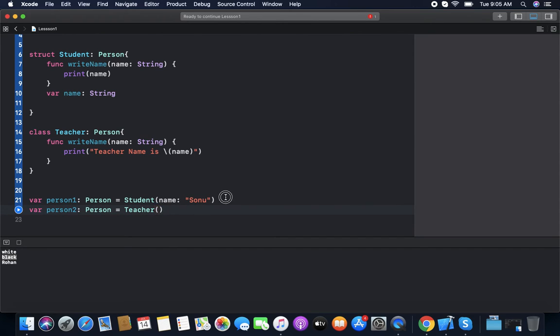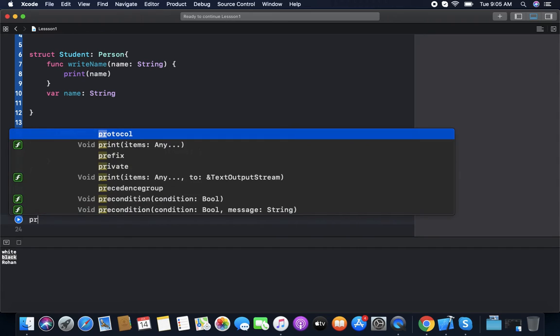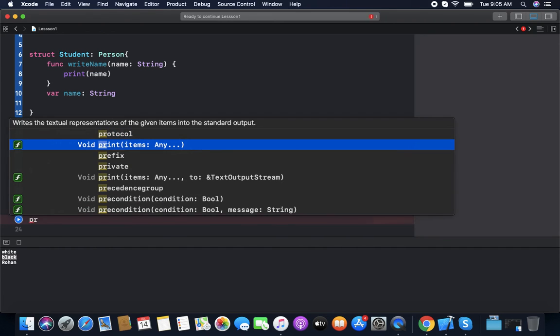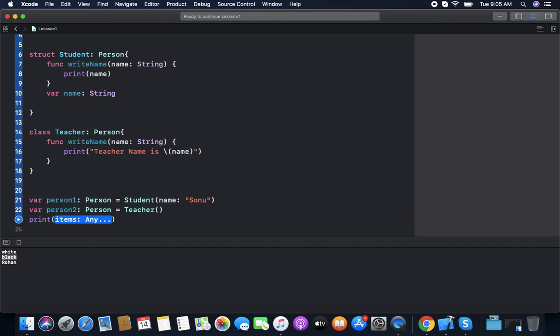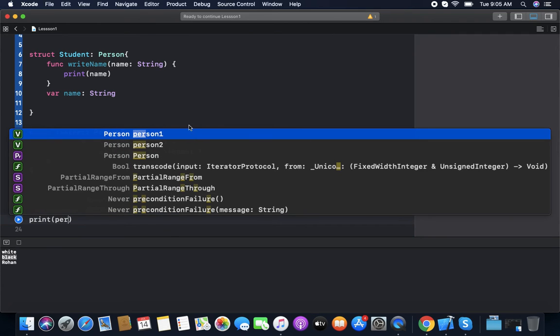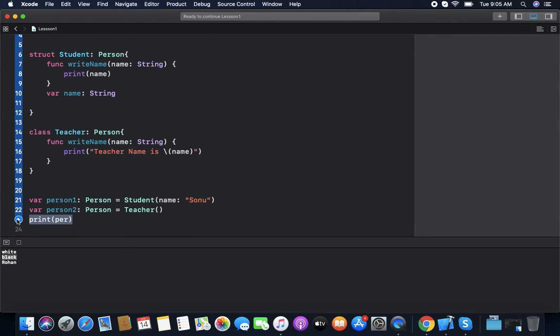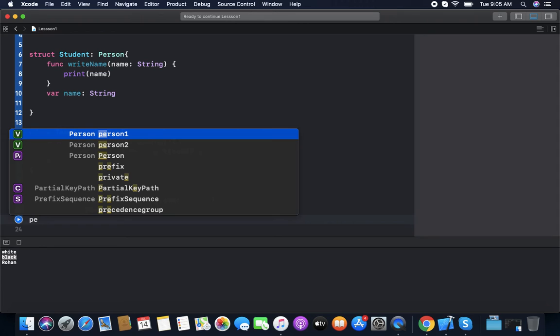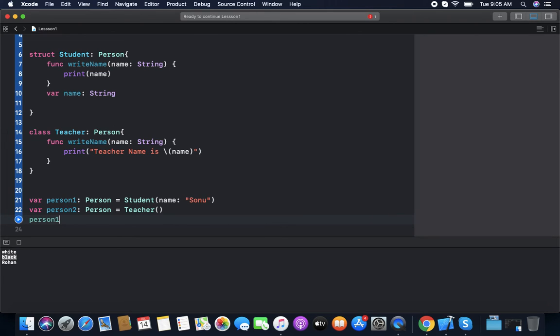If we use person one dot write name, you can see you can pass any name here.